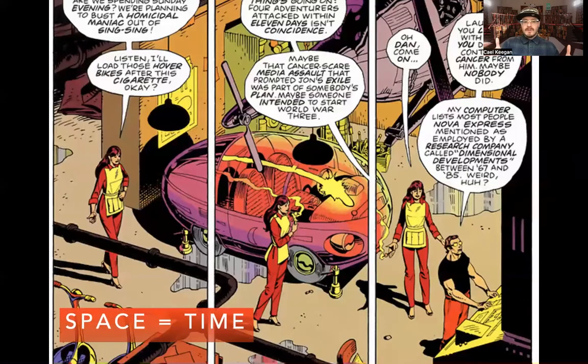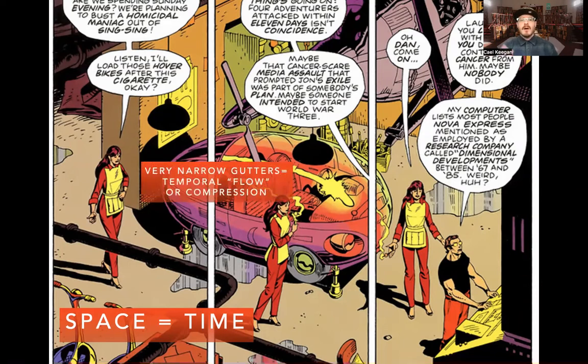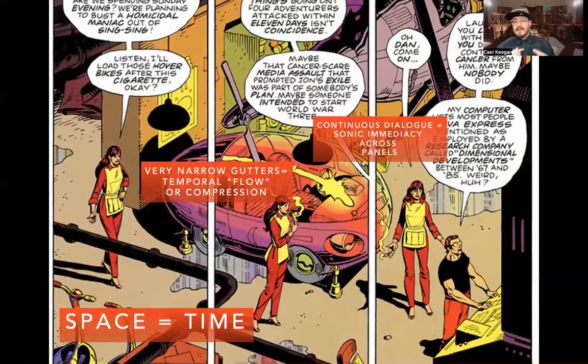a panel in which space equals time, right? We're in the scene with this character who's smoking the cigarette and she's walking toward the other person. So we know that not very much time at all is going by because they're having a sustained conversation. We have very narrow gutters between the panels, saying mentally we should think, oh, this is happening in a quick succession of instances, right? And the dialogue is continuing across the panels,